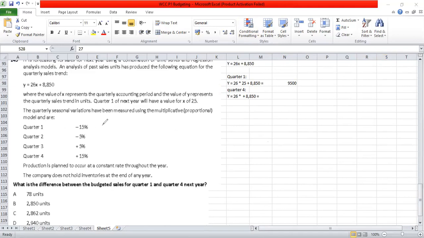So if we are writing here as 25, then we will have it as 26, 27, 28. Simply substituting it as 28. So that's also an issue. But there is a mention about the seasonal variation also. So that seasonal variation also has to be accommodated. But let's first finish it off. How do we calculate what is the value of y? Y is equal to, I hope you understood how we got it as 28. So 26 into 28, which would be